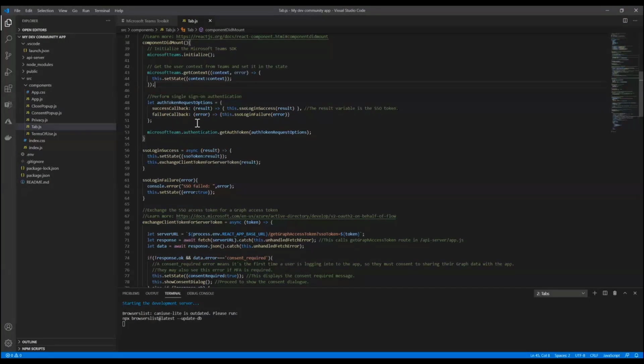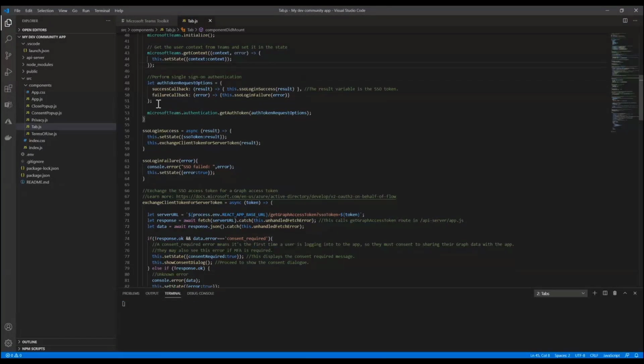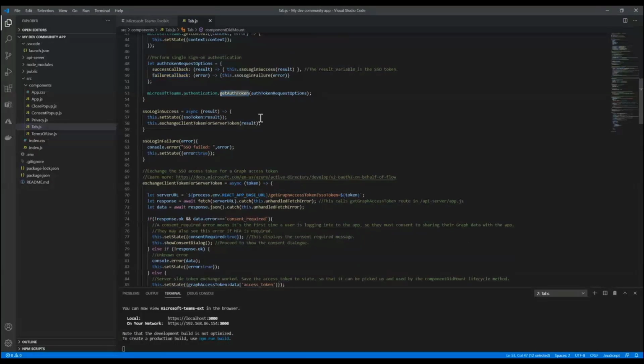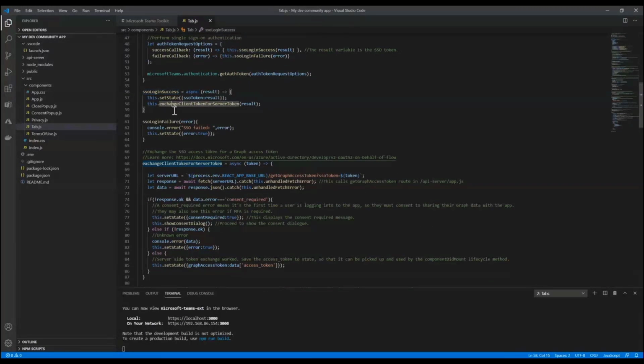Next, what we want to do is perform single sign-on authentication. First we're going to create a request object, and this object will contain two callback methods: one that we will execute if the SSO getAuthToken function here succeeds, and one if it fails. If the getAuthToken call succeeds, we're going to execute SSO login success. Okay, so I'm going to hit pause now, and we'll resume with SSO login success after I run this app,